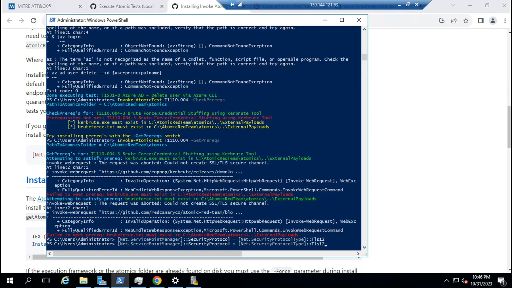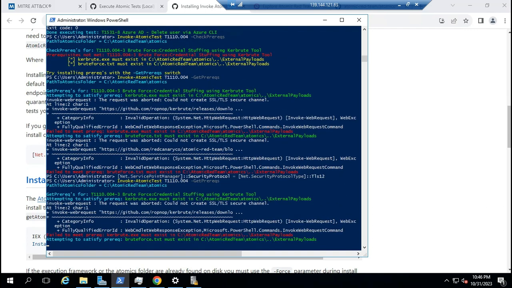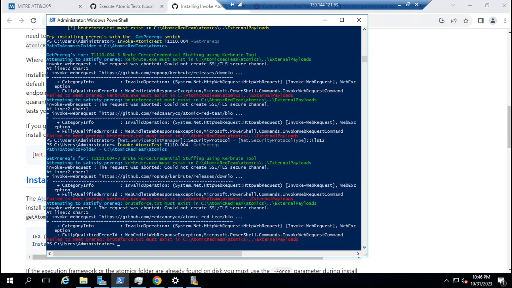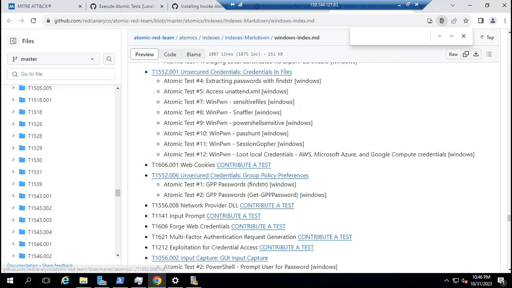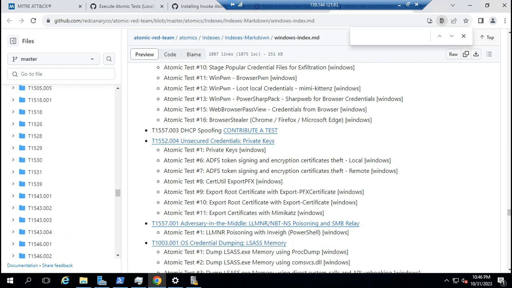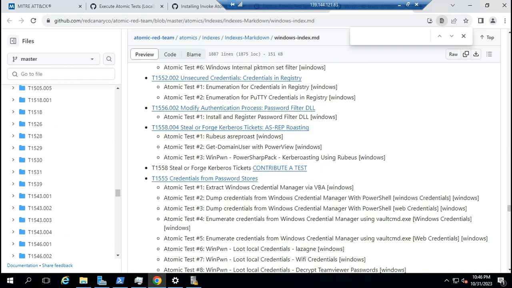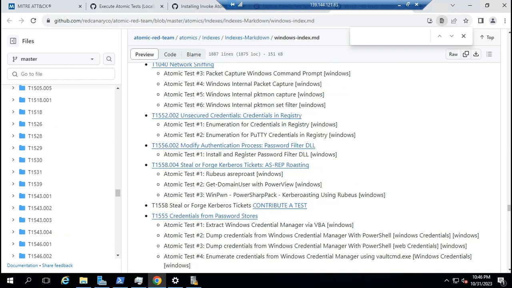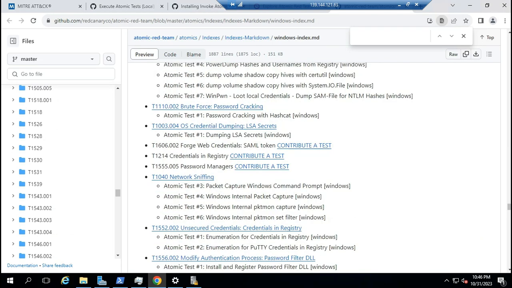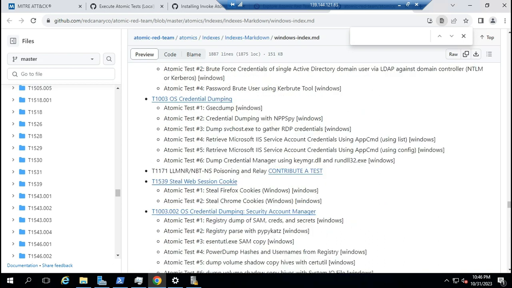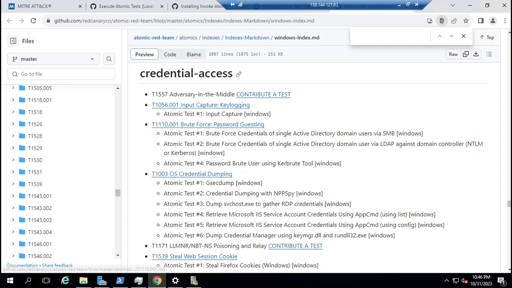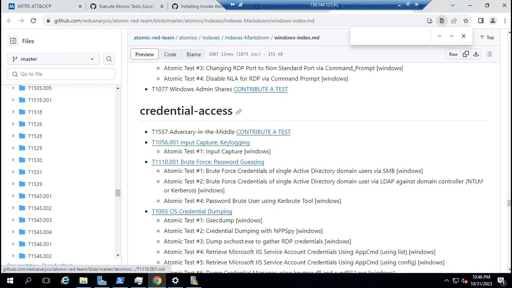Oh, I think there is the same error message. Okay, there are so many tactics that we cannot test one by one, so maybe we can use this, maybe output first.